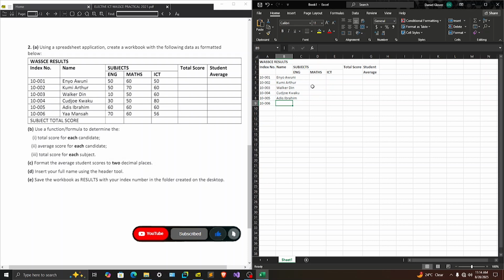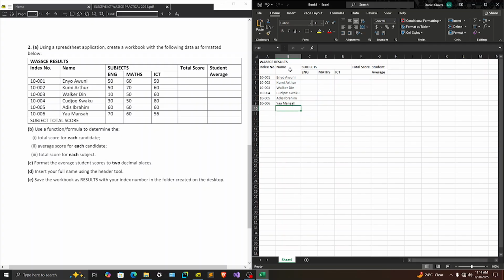Now the final name. Okay, so once again to fix it, we are going to go in between B and C, and the thin line, we are going to double click it. You see that when we do that, it created just enough space to display all the names over here,